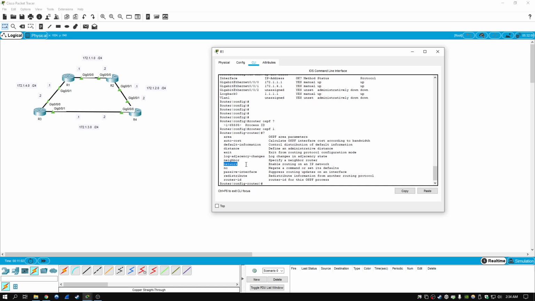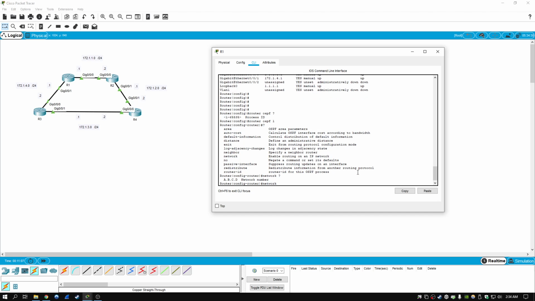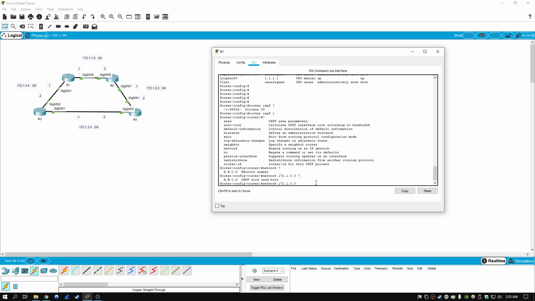And what we're going to be using is the network statement. So it's going to be network, and then the network number. For the network number, it's just going to be 172.1.0.0. And what we're going to be doing is telling OSPF to only match on this part that we specify here. And we're going to specify this using the wildcard mask, which we're going to be configuring here in a second. But basically, with the wildcard mask, which is what it's going to ask for next, it's going to be